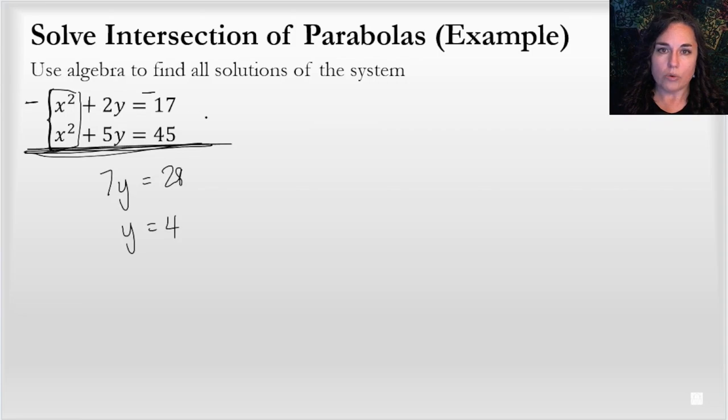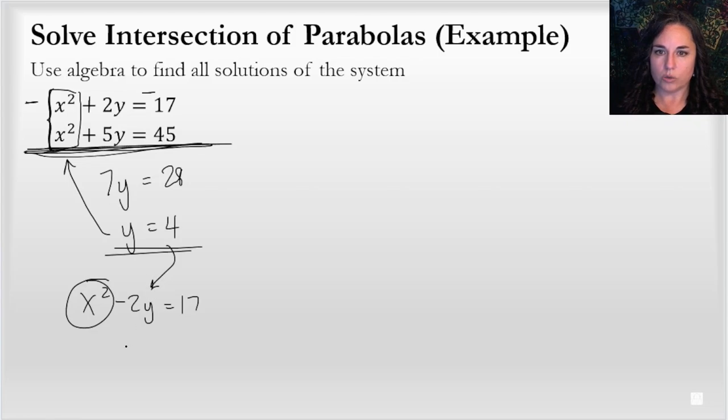So overall, what I'm going to notice when I do this, I have y equals 4. That doesn't tell me the x values. I still need to solve for the x values. So let's use one of these equations, x squared minus 2y equals 17, and solve for x. We're going to plug the 4 into where the y is and solve for x. So x squared equals 17 plus 8, which is 25. So I get x equals plus or minus the square root of 25, which is plus or